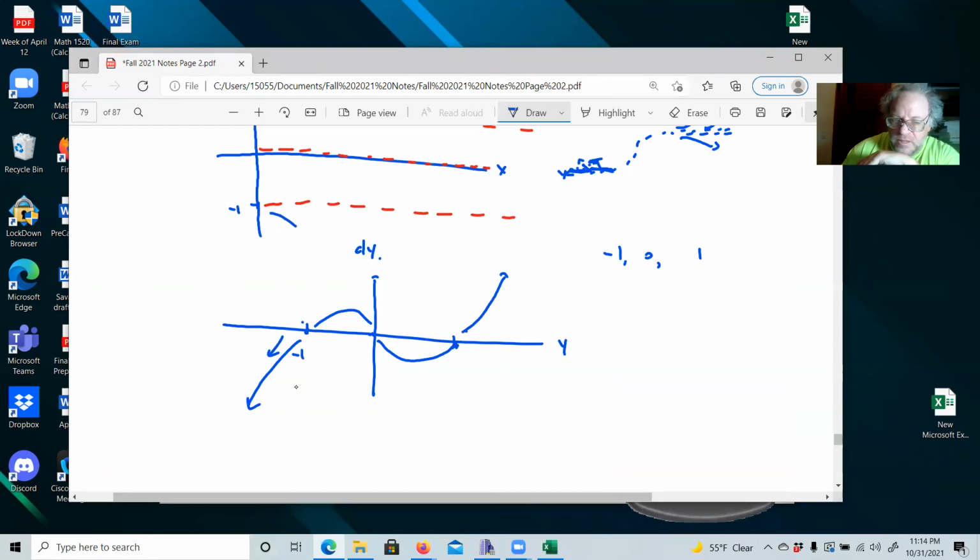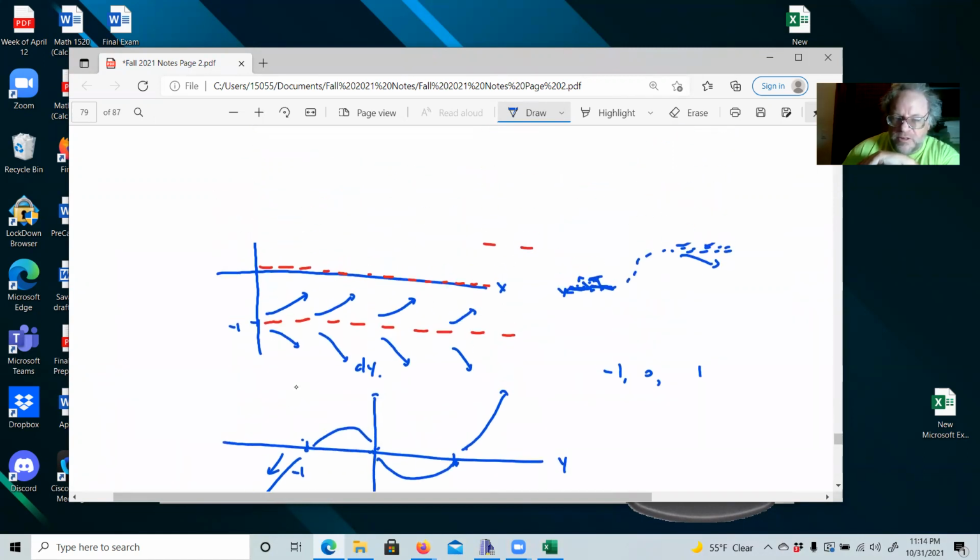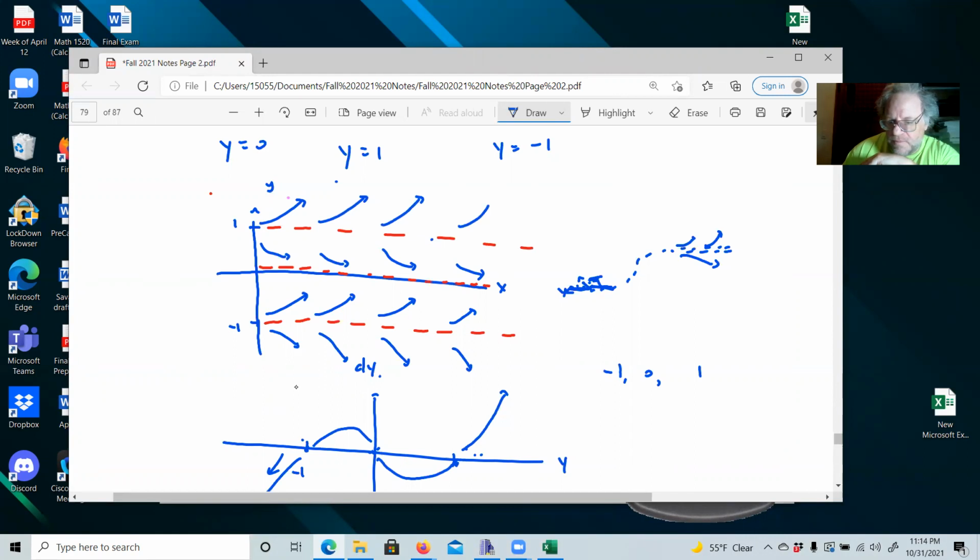So what I'm going to do is we're just going to have negative slopes after that. Between -1 and 0, we have positive slopes. Between 0 and 1, we have negative slopes. And once we get above 1 up here, we have, again, positive slopes. All right, so now they're going to ask us the rest of the questions, like is it an